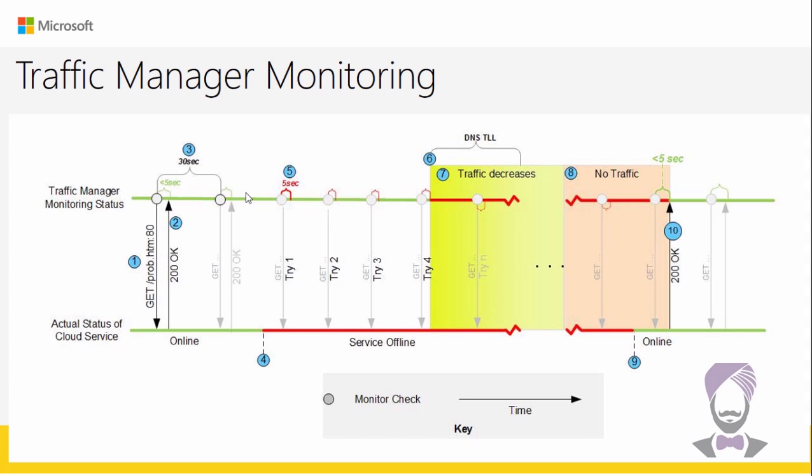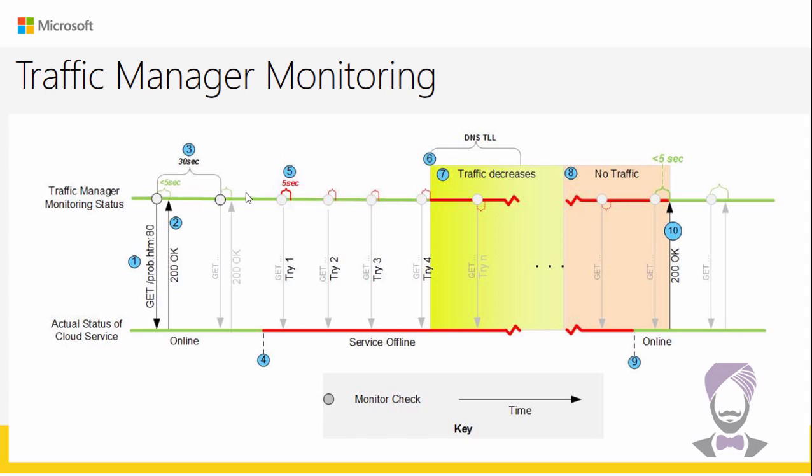It will then wait for the next 30 seconds, and after exactly 30 seconds it will probe that application again to see if it's working or not. The application is declared working if it replies within 10 seconds of sending the probe. For the first probe it was okay, and for the second probe it was again okay. But as soon as we move ahead,